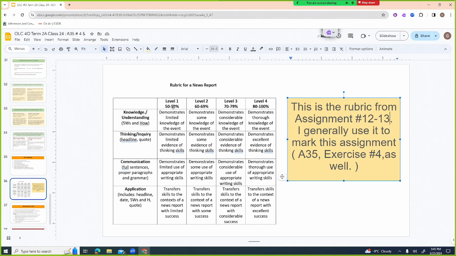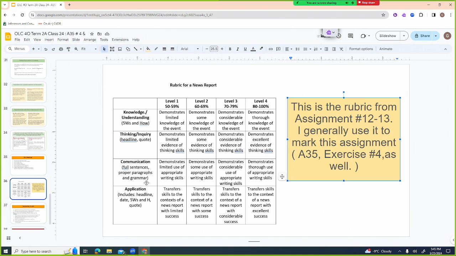Limited knowledge is the D level, some is the C level, considerable is the B, and thorough knowledge is level A. And then thinking and inquiry. We're looking for headline, quotes, basically just an understanding of creative and critical thinking skills. Limited evidence is D, some is C, considerable is B, and excellent is an A.